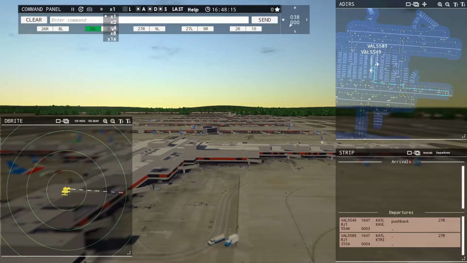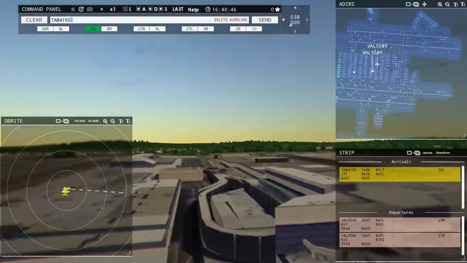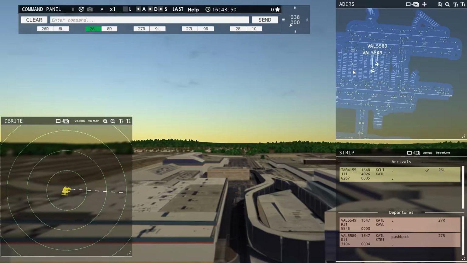Let's speed things up just a touch here. Tower, Leslie 4155 with you, runway 26 left. Leslie 4155, runway 26 left, clear to land. Runway 26 left, clear to land, Leslie 4155. I do find that LA does tend to get overrun pretty easily sometimes. Or sorry, what am I talking about? This is Atlanta. Atlanta does tend to get overrun a little bit easily sometimes, but...